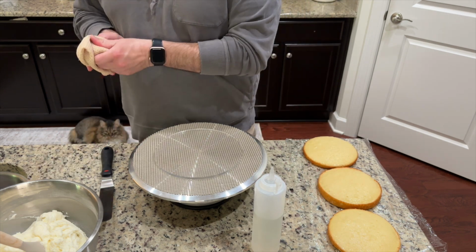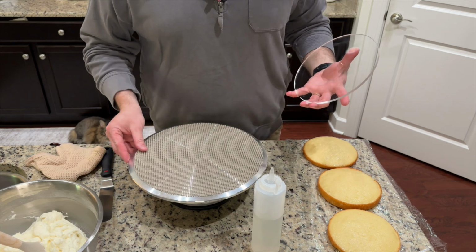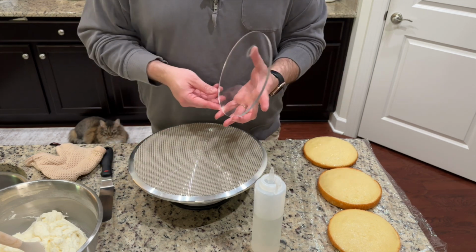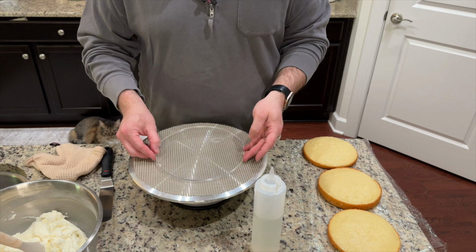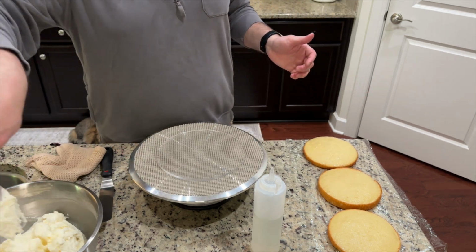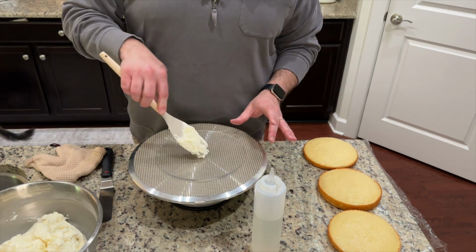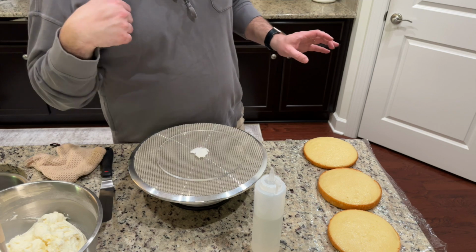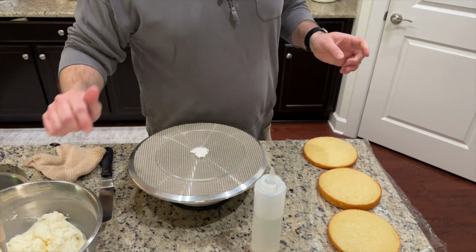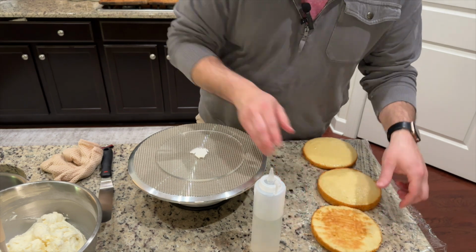So to start, I also have a little acrylic cake round here. You do not have to have this. You could just have a cardboard circle, a plate, whatever you want to use. I just use these instead of cardboard because of doing the videos. It's less wasteful. So I put a little bit of icing there to glue it down,